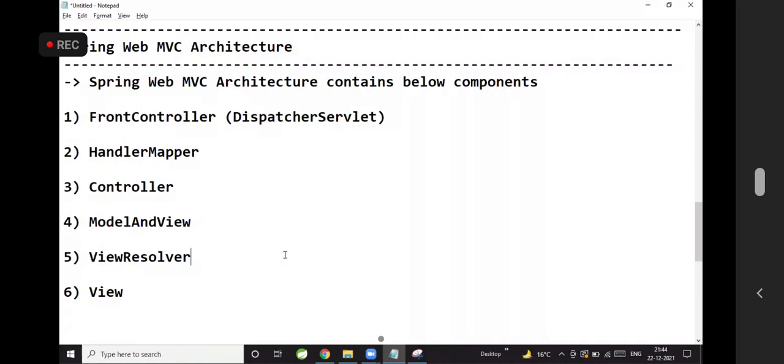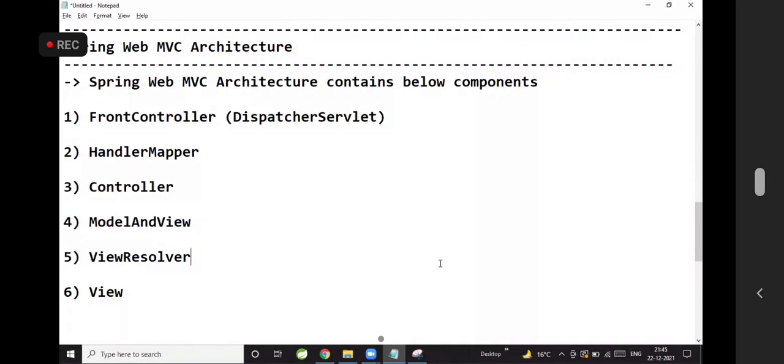Can you please read these 6 points and you have to remember them.